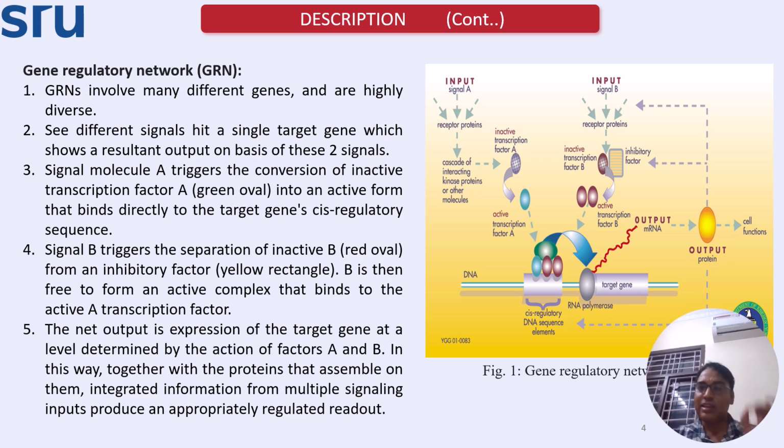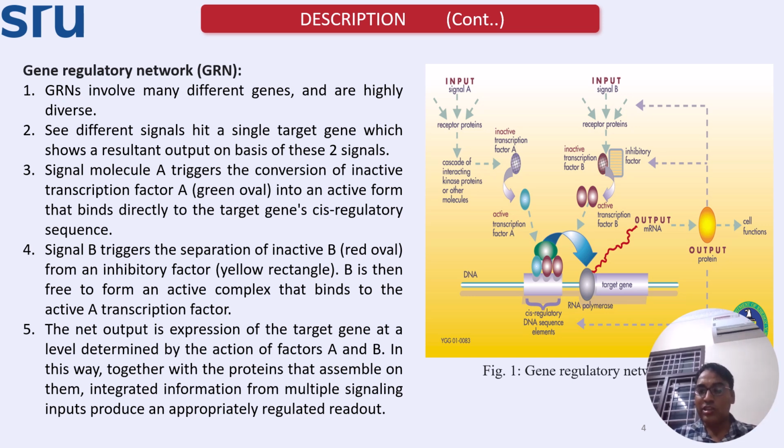This is a basic gene regulatory network. Now, if you have taken it from a book, understand it carefully. If an input A is coming up here, these are receptor proteins, transmembrane proteins present in a cell membrane. So a cascade of reactions will be coming up. Cascade of reactions means several reactions one after the other: A to B, B to C, C to D, like that.